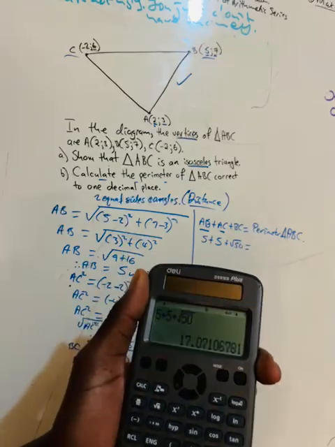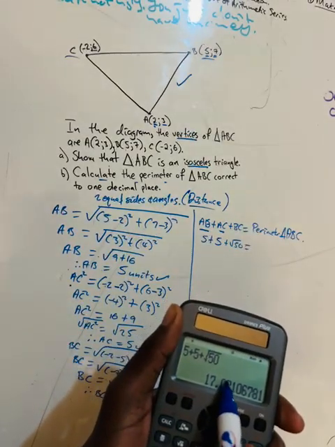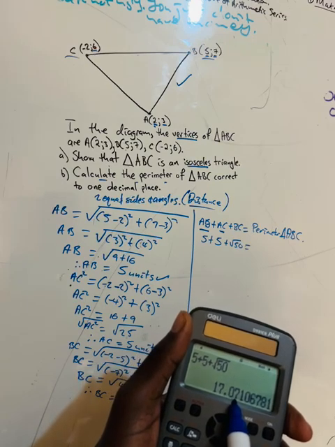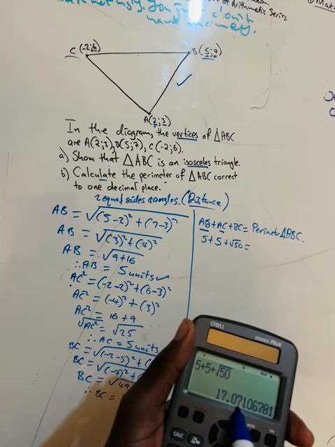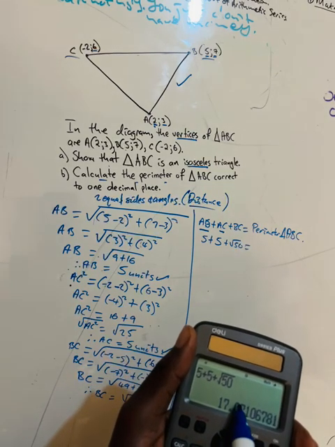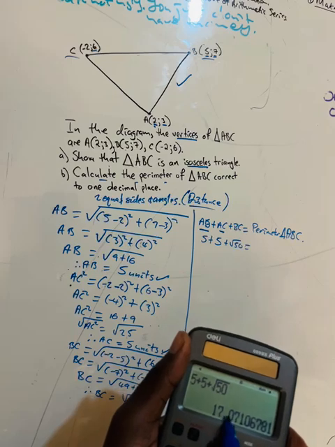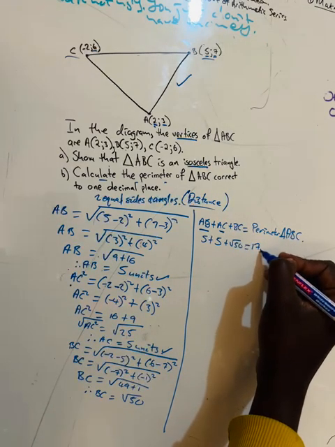When they say to 1 decimal place, this number after the comma, right? But before I say 0, I must look at the second decimal number. If it's above 4, then we add 1. If it's less than 4, then it remains as is. So 7 is above 4, which means we add 1. So it becomes 17,1 units. So our answer is 17,1